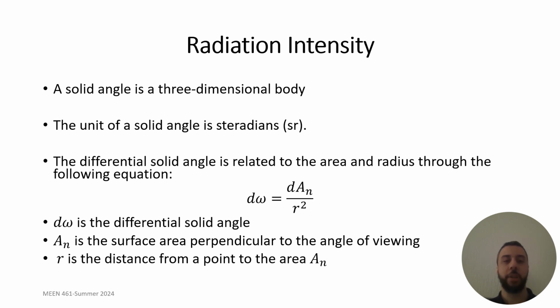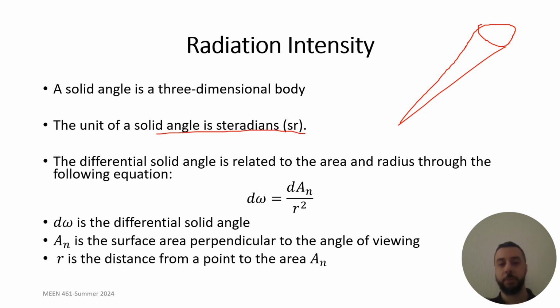So a solid angle is a three-dimensional body. It's what we saw just in the previous slide. That looks something like this. Okay, so that solid angle is a three-dimensional body, and we're going to have to use it in order to be able to calculate the radiation intensity. The unit of a solid angle is